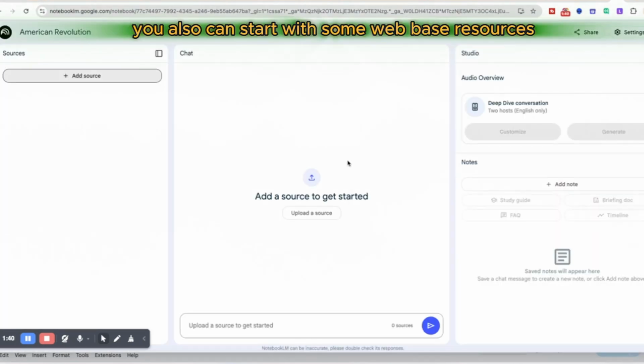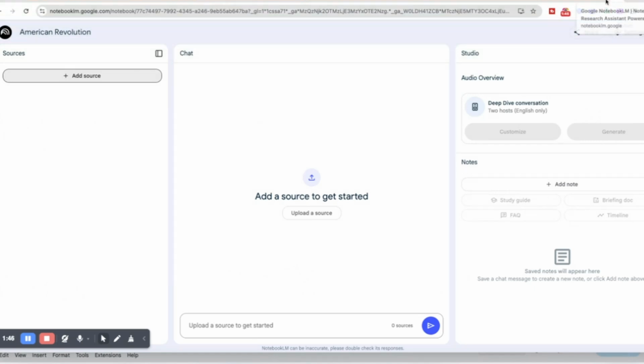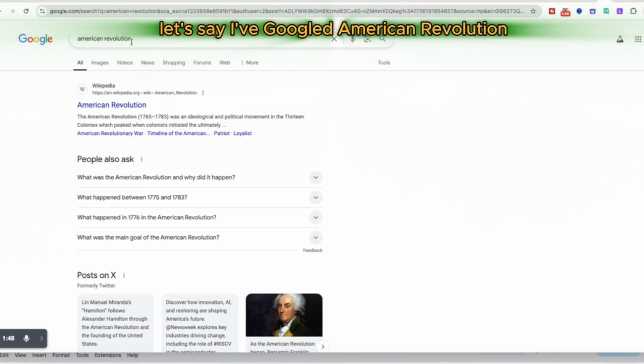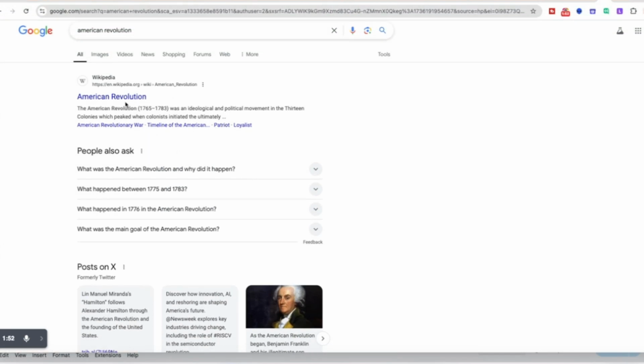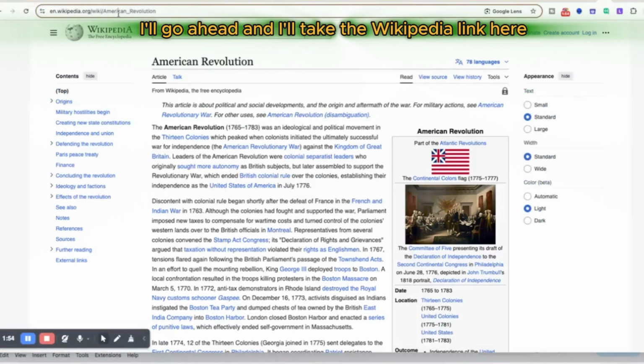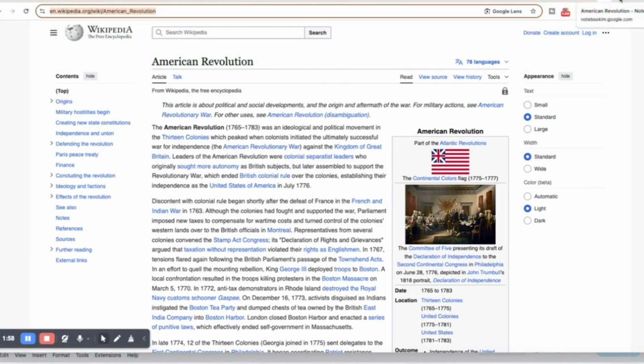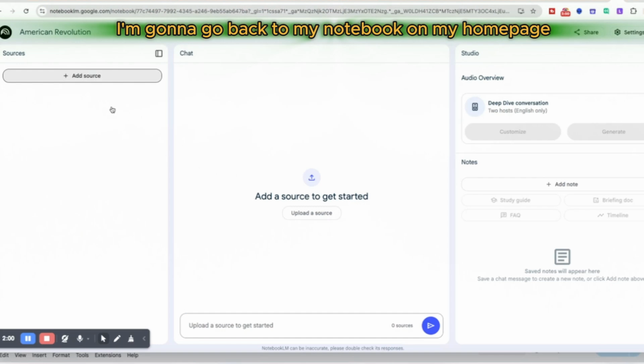You also can start with some web-based resources, which I'm going to show you right now how to use. So let's say I've Googled American Revolution. I'm looking for some resources. I'll go ahead and I'll take the Wikipedia link here just as an example. I'm going to go back to my